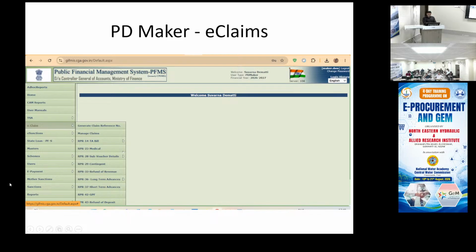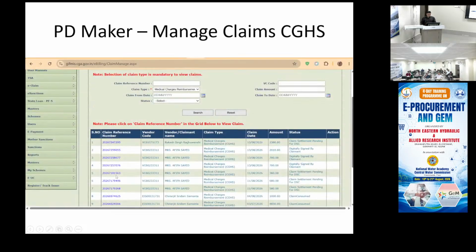तो अभी मैंने एक मेडिकल क्लेम करके भेज दिया है. सो नाउ द अकाउंट्स ऑफिस विल लॉग इन टू द मेकर अकाउंट, PD मेकर अकाउंट, गो टू मैनेज क्लेम्स, एंड मैनेज क्लेम में क्लेम टाइप में मेडिकल सर्च करना है. मैंडेटरी ये मेडिकल में ही सर्च करना है. इस ड्रॉप डाउन में बाकी सारे ऑप्शंस आएंगे, बट आई हैव साइंड एंड सेंट दैट आई हैव सबमिटेड अ मेडिकल क्लेम. तो आई विल सर्च इन माय मेडिकल क्लेम्स और यहाँ पे दिख जाएगा ऑल दीज आर द मेडिकल क्लेम्स एंड दिस इज द स्टेटस.